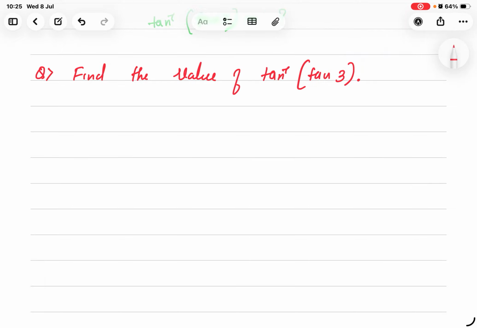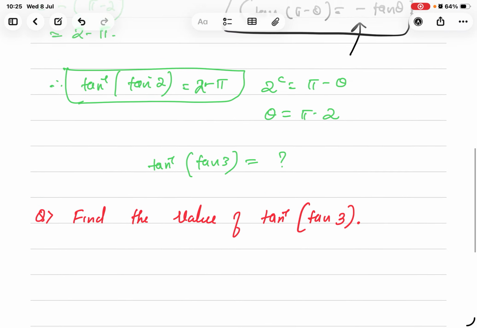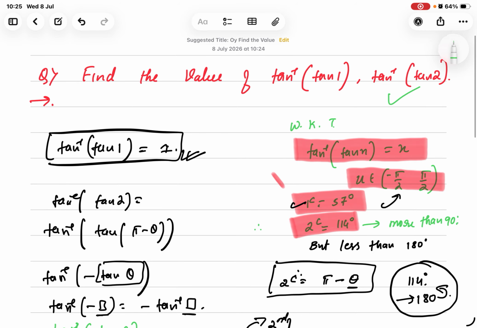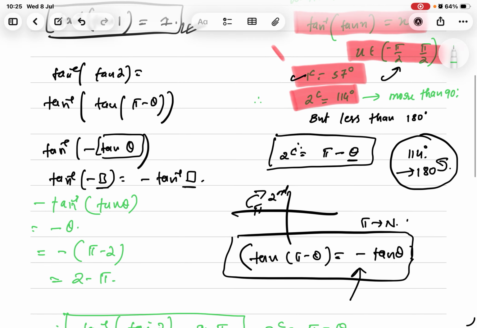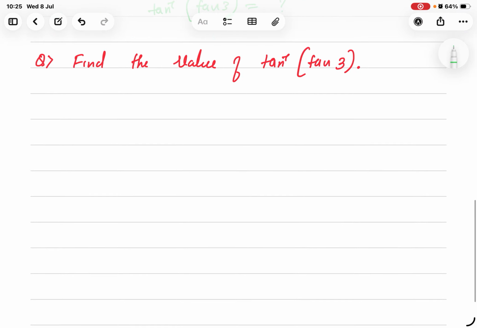Hi dear students, in this class we are going to discuss tan inverse of tan 3. In the last class we discussed tan inverse of 1 and tan inverse of tan 2. So here you already know the value of 1 radian and 2 radian, and the same value you have to take for